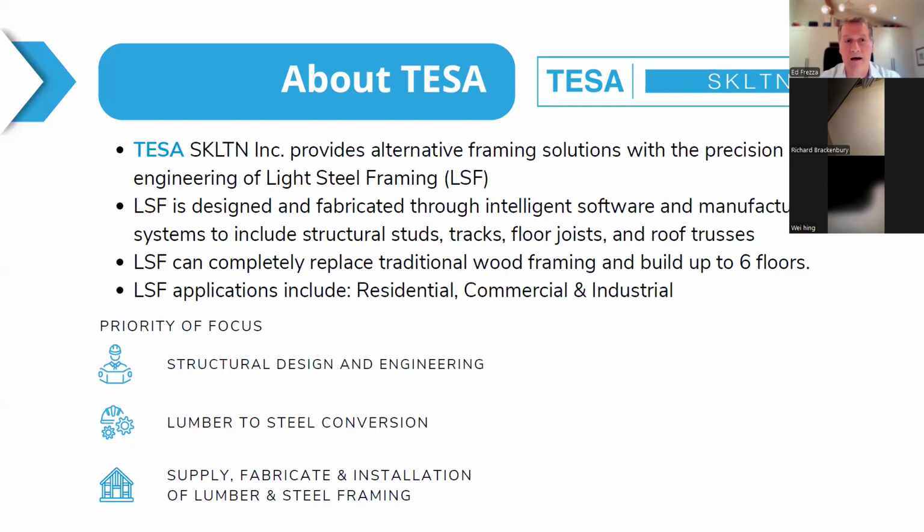What is unique to the construction aspect, and what we are able to do in-house, is because we have this in-house manufacturing, we call it Tesla Skeleton. There's something called light steel framing, and this is something that's been around for a long time. It's used quite prevalently around the world and even here in Canada on the commercial and industrial side, but not so much on the residential until recently.